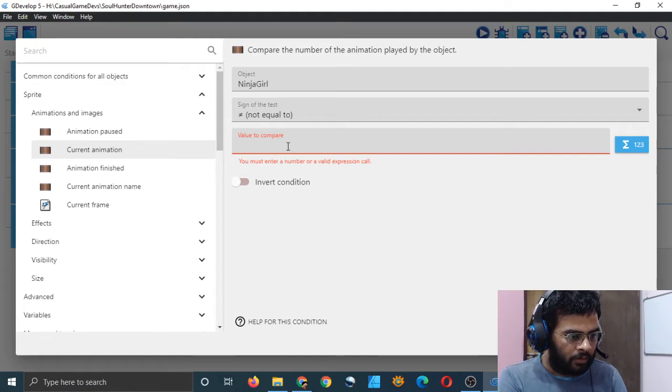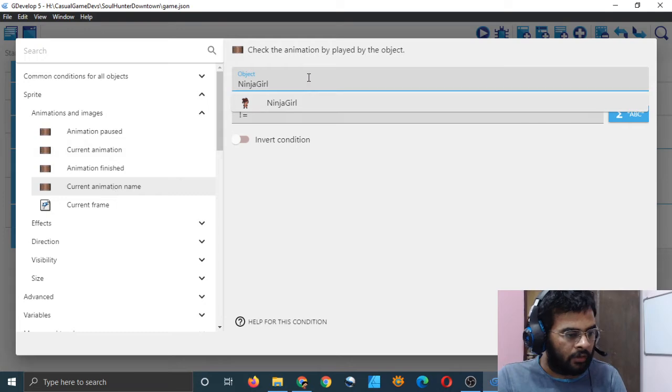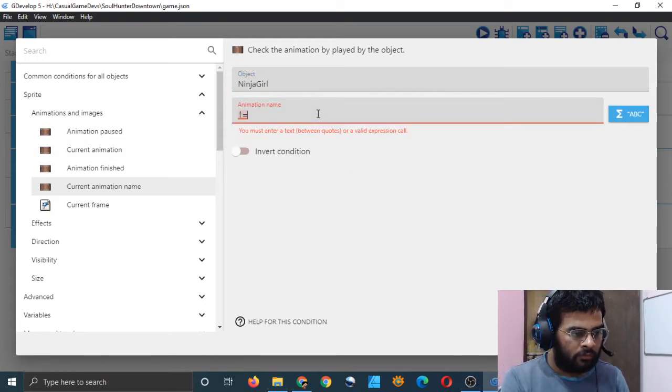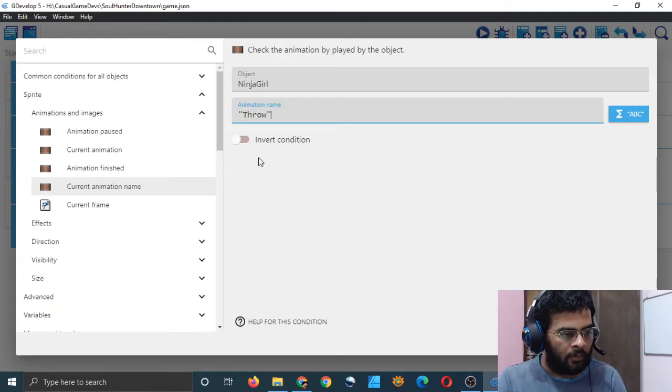But hey, enter a number. So throw animation, current animation name, yeah, that's better, is not equal to, wait, throw, invert.